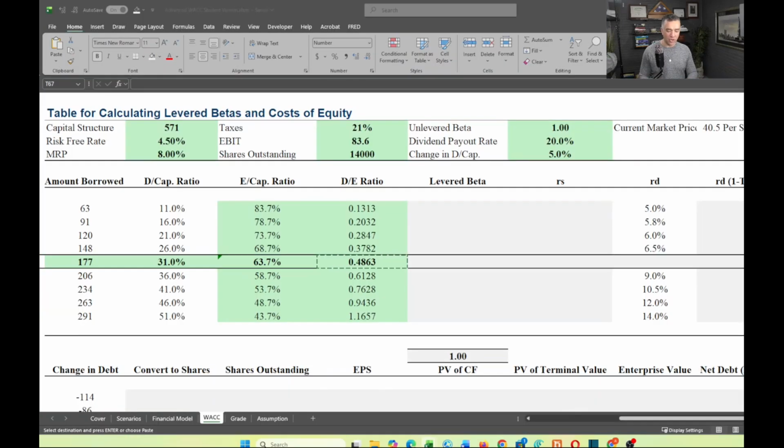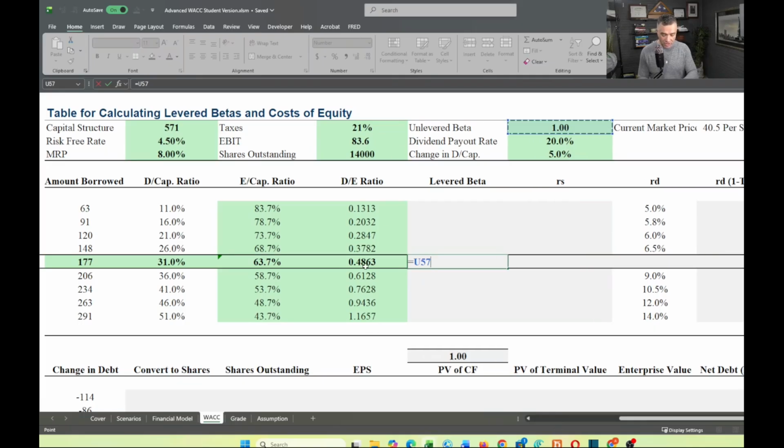And don't feel bad if you don't know it, because I always have to double check. It's not something you're going to memorize all the time. But what we're going to do is find out what our levered beta is based on that debt to equity ratio. So I'm going to go equals. The first thing you want to know is the unlevered beta. We need to freeze that because we're going to multiply that by